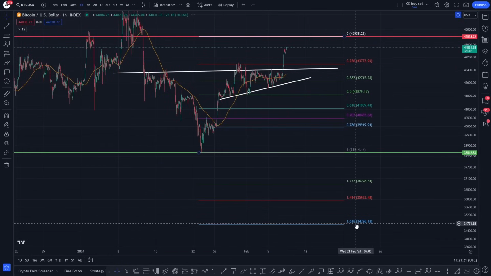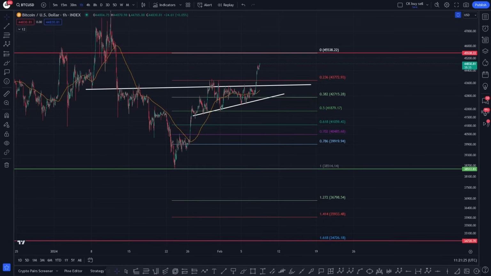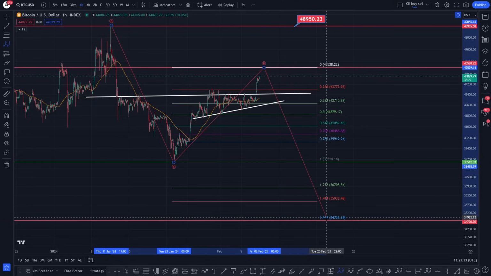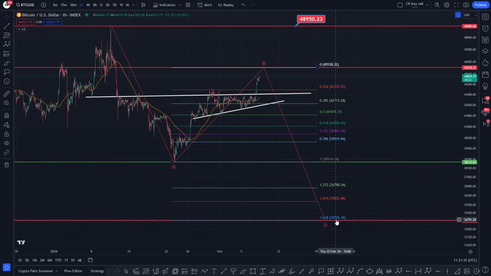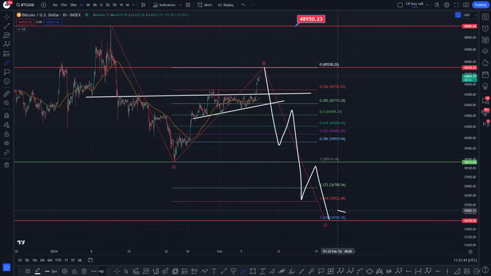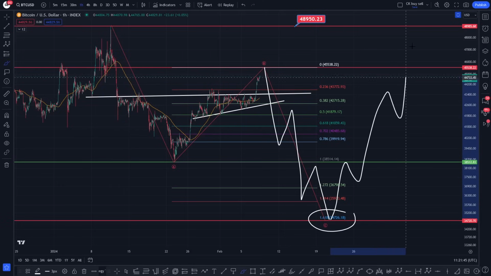Okay, so I'd be looking to load back up, really simple on the ABC zigzag, simple ABC, macro wave 4 ABC at that, and I've shown you this. So basically A wave down, the B wave high, which comes up, make a lower high, everyone's getting super bullish, and then boom, we drop into the 1618 at 34726. And what we will be looking for is 5 waves within this C wave, some kind of 1, 2, 3, 4, 5 down to the 1618, and then we start to come back up the stairs.